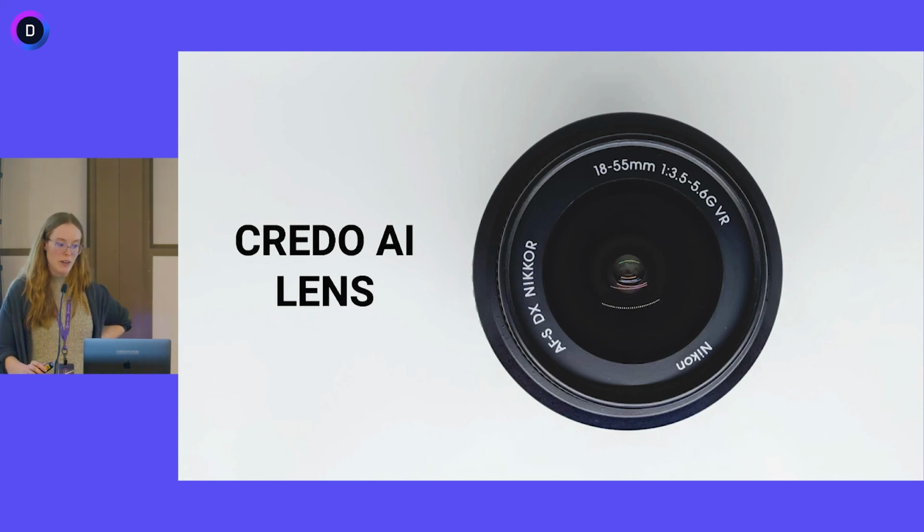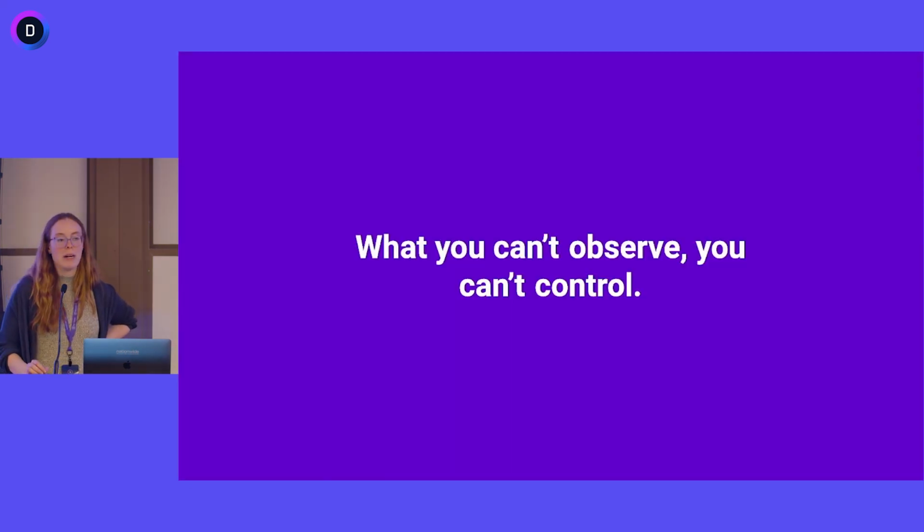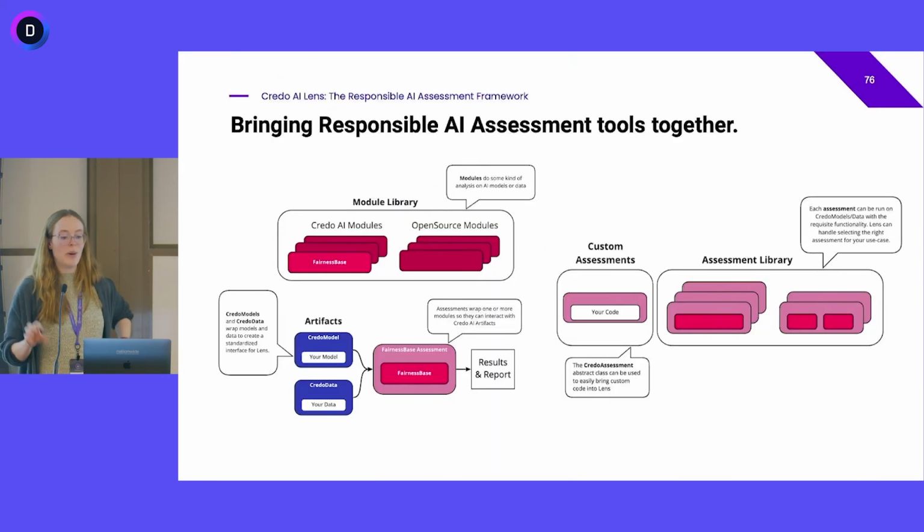It's a Python-based framework, and we very much believe that what you can't observe, you can't control. So Lens is designed to help you observe those 6 responsible AI tenets that I described at the beginning of my talk, so that you can make better development decisions, deployment decisions based on them. And so the way that Lens works,